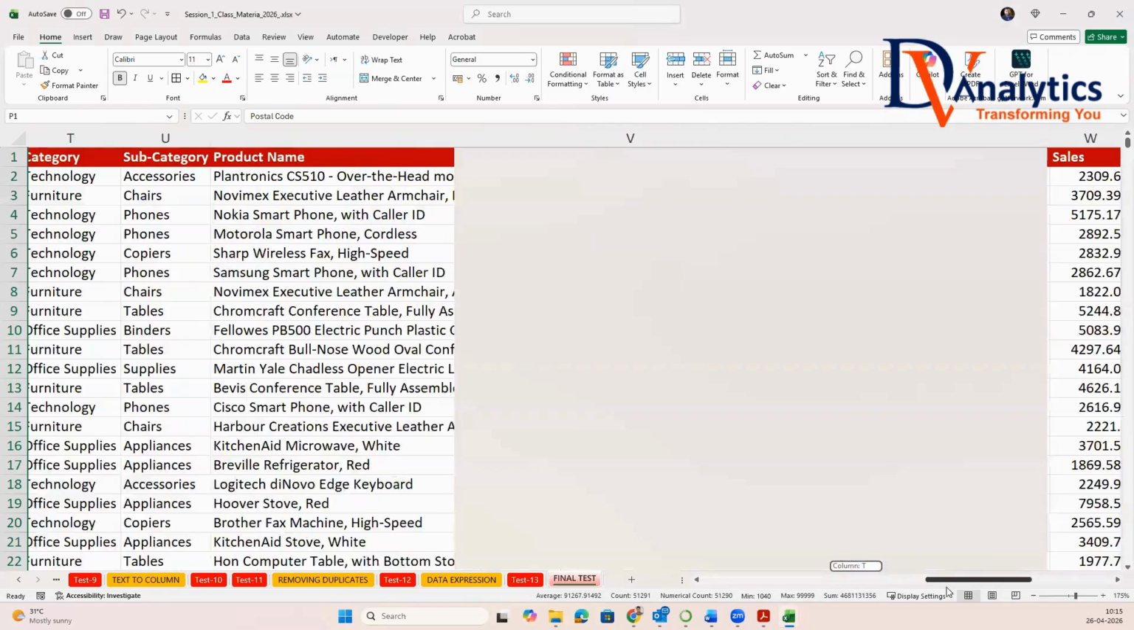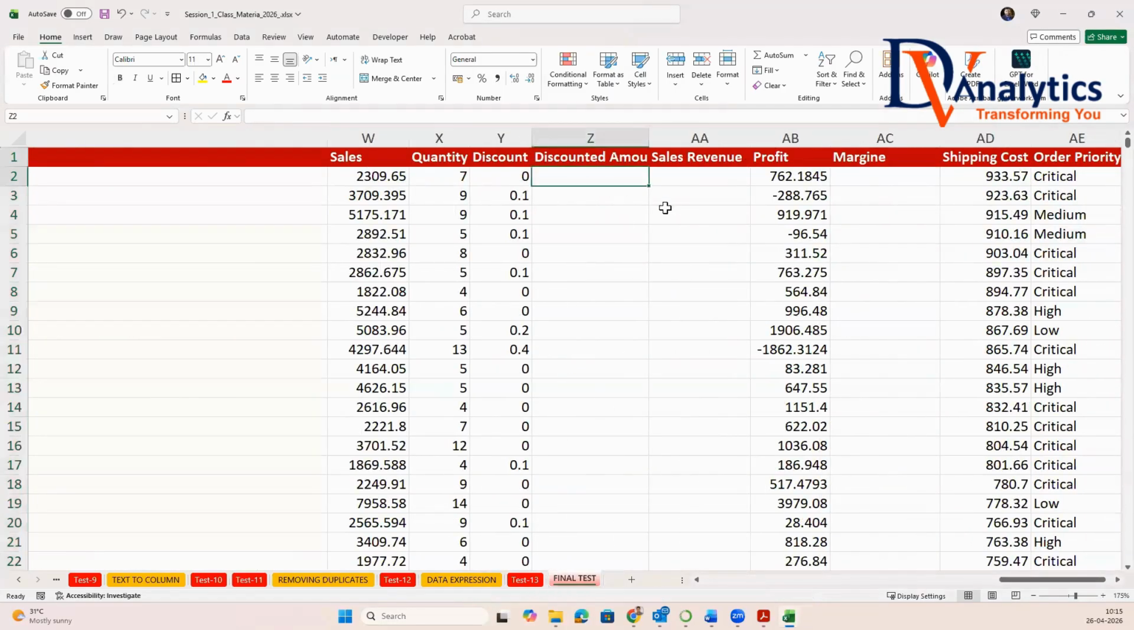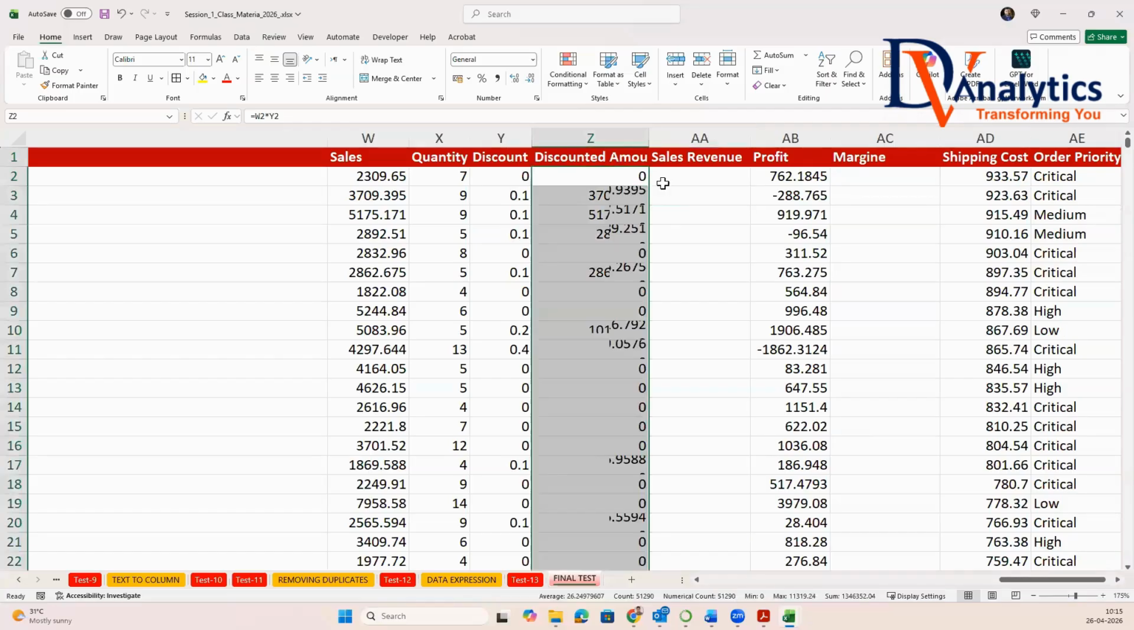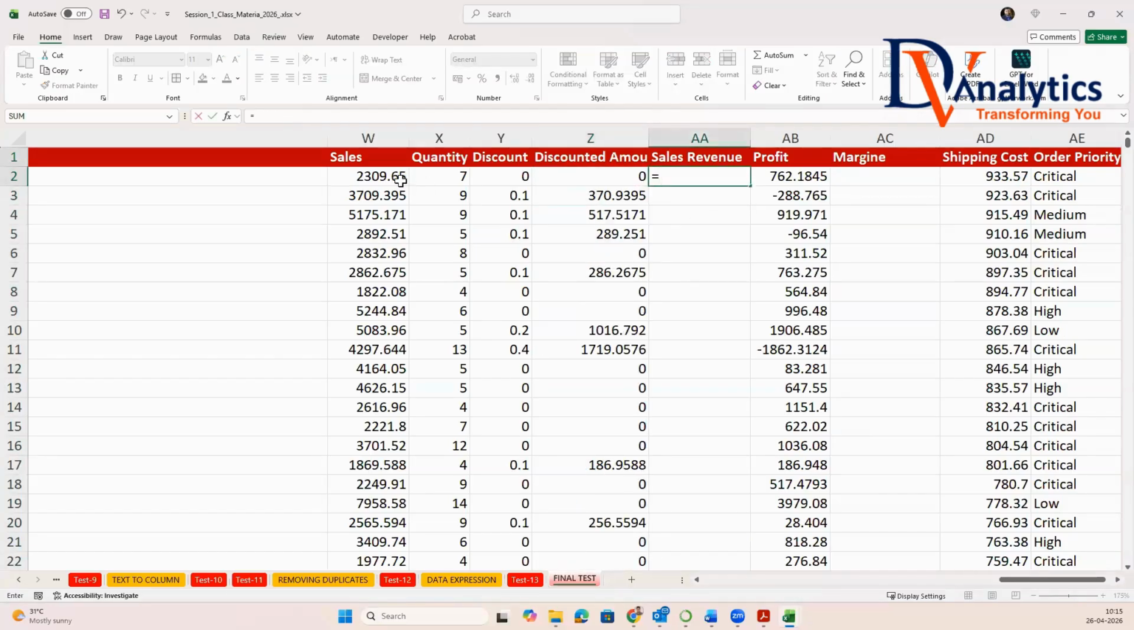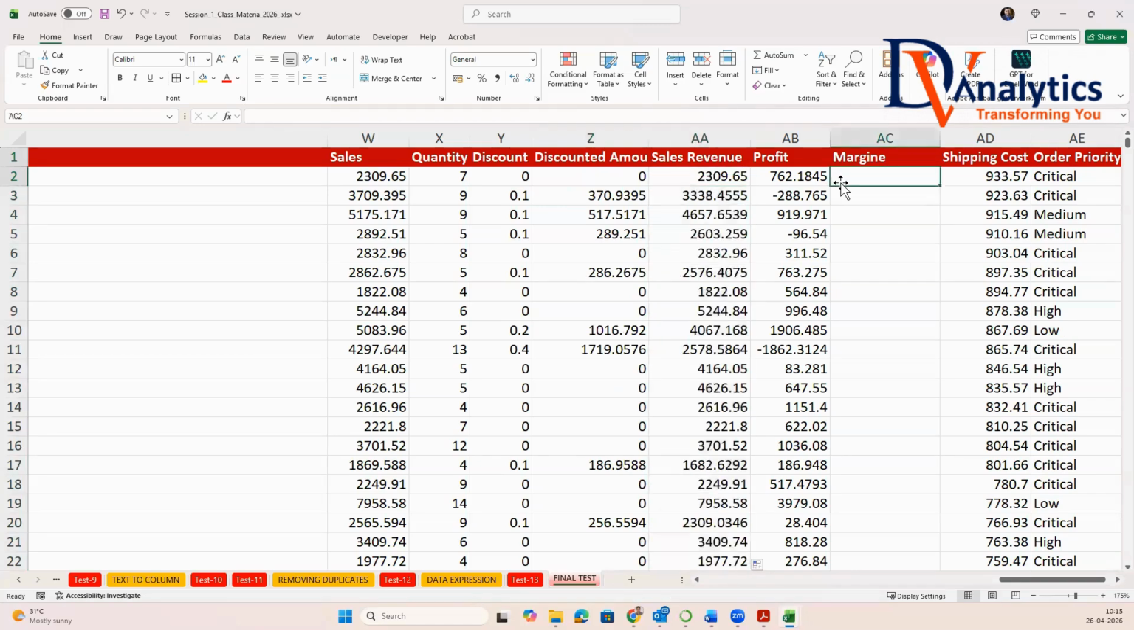Then going to the right, how to get the discounted amount? The sales to be multiplied with what? Discount. How to get the sales revenue? How to go for profit margin? The profit over